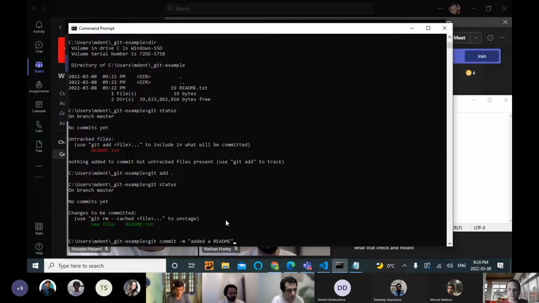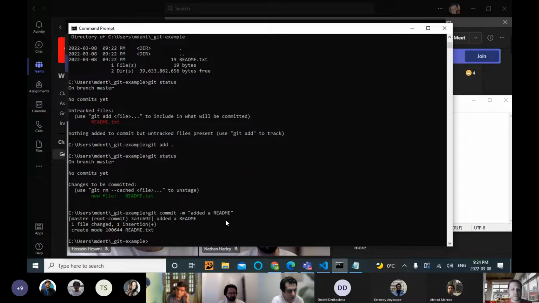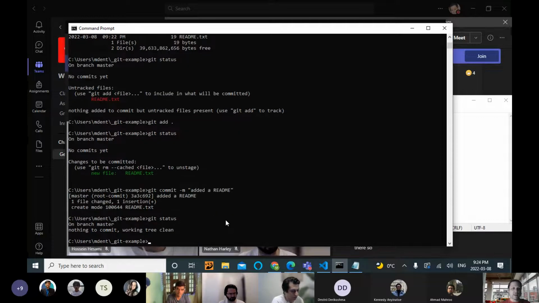With more commands, I'll show you more. So then I commit this guy, right? One file changed, one assertion, and it gives a little bit of a mode there. So again, git status: nothing to commit, working tree clean. So then, in order to truly